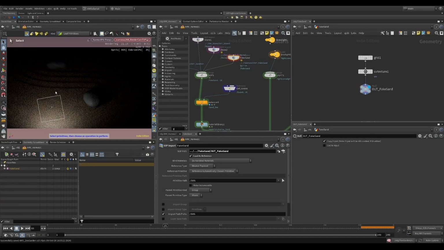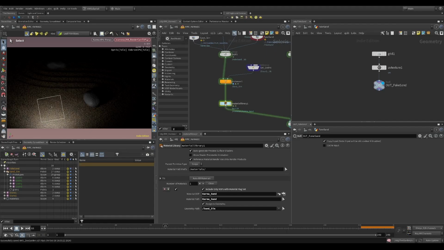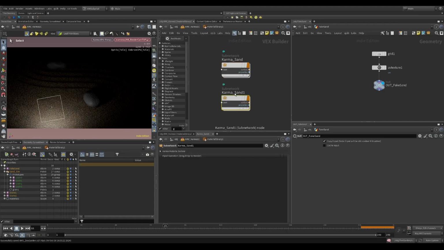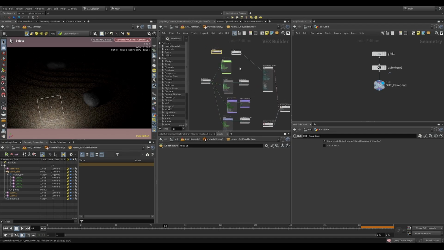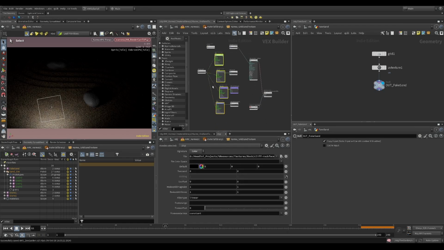Oh yeah, already better. Already way better, even if it is just a regular grid, but we will slap a texture on it just to be safe. So let's do karma sand texture. Grid. This is a very basic material that I have. I only have a preset made so that it brings in 4 textures,